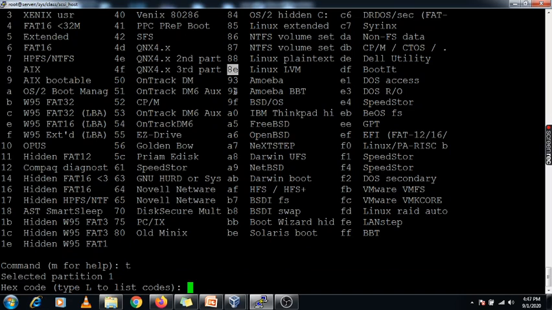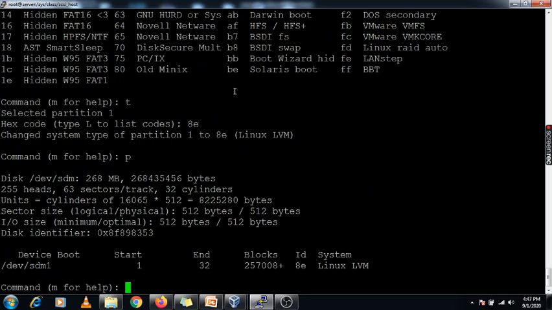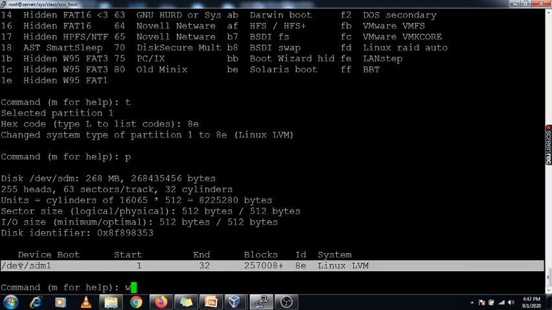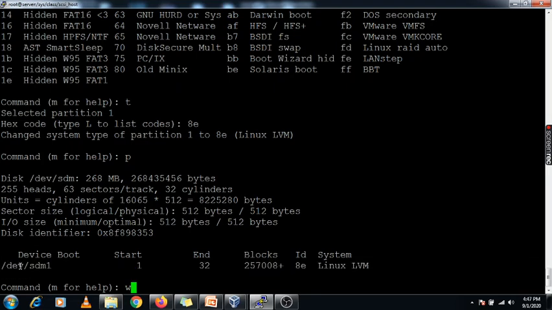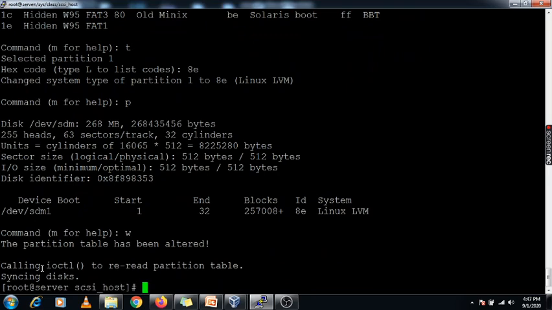Here I am going to change it from 83 to 8E. Now you need to print and see this ID is now changed from 83 to 8E. Now I am going to save this configuration, and this partition is created having the name /dev/sdm1.